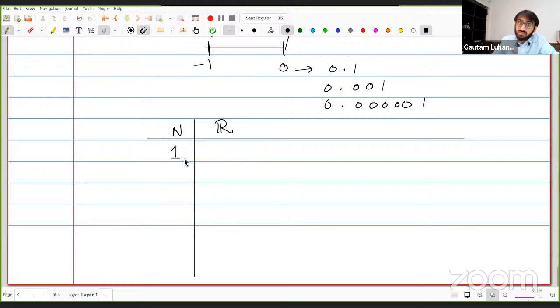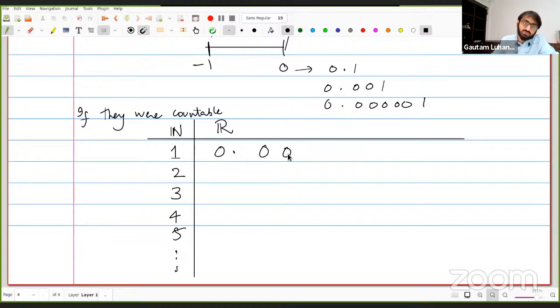If they were countable, then there would be some first number, some second number, some third number, some fourth number, fifth, and so on. And the first number could be 0.0000, all zeros perhaps,